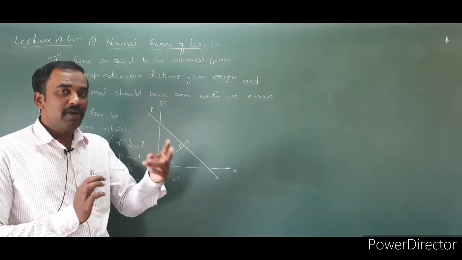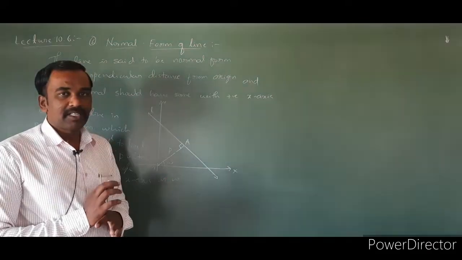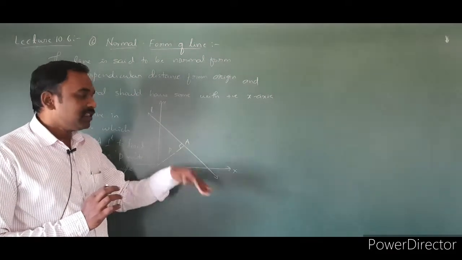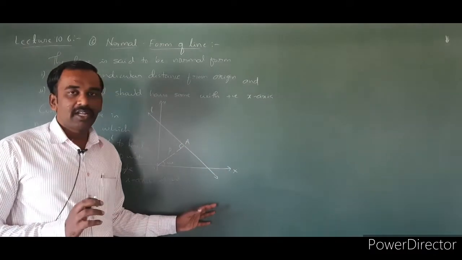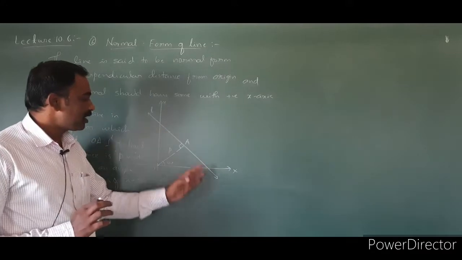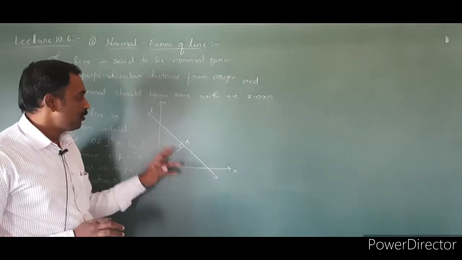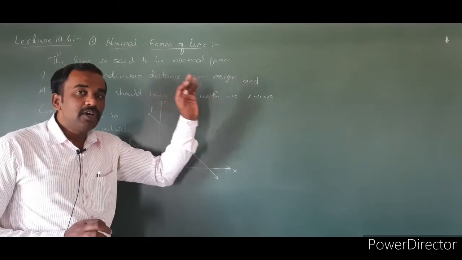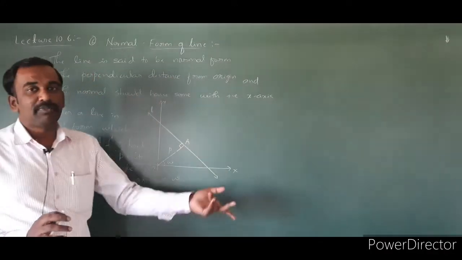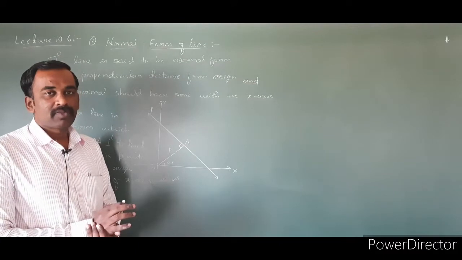Next thing, if we have two points on the line, we can easily find the equation of the line. Is that clear? In the same manner, we can proceed. Intercept form: if we know both the coordinate intercepts, we can easily find it. If we know only one intercept and a slope, we can find it. Out of all the previous five forms, which one is suitable?